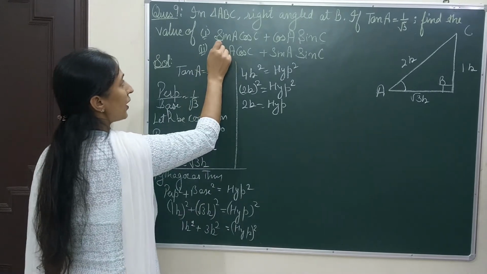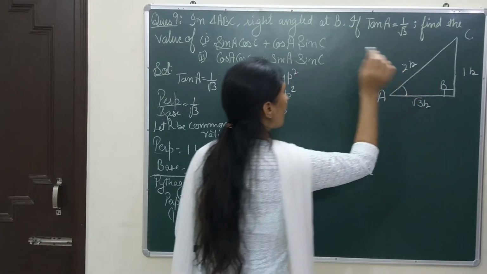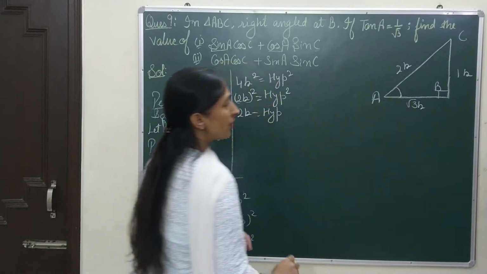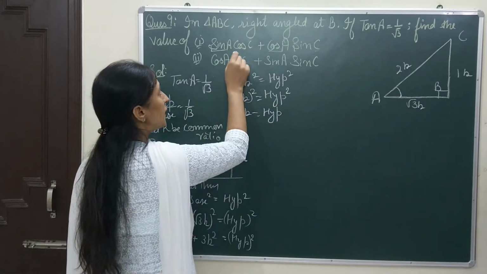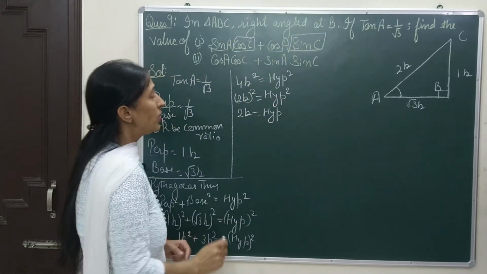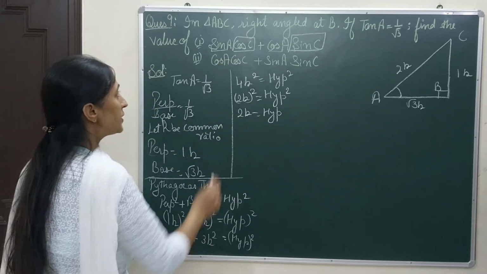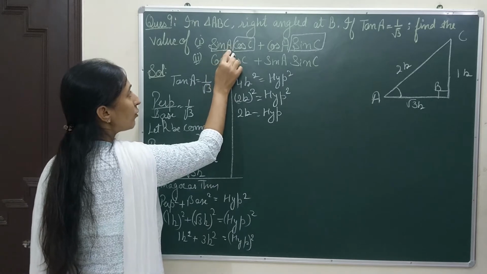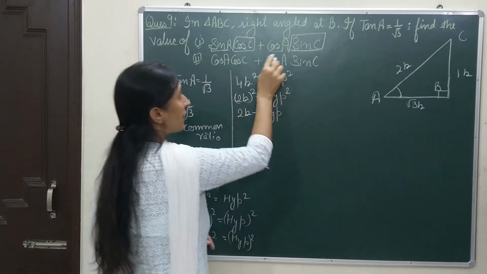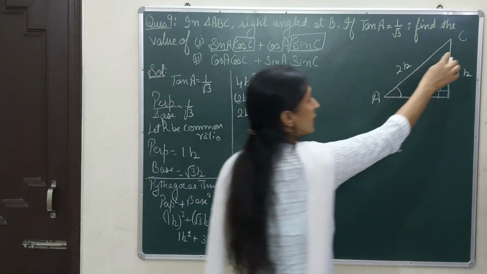Now my question is to find the value of sin A, which I can find from here, as sin A is perpendicular by hypotenuse. I can find cos A as root 3K over 2K, base by hypotenuse. Now the problem is here when I have to find cos C and sin C. Why is that a problem? Because whenever we use the perpendicular by hypotenuse or base by hypotenuse formulas, the angle of consideration which is given here must be there on the base. But what has happened here? Here I need to find cos C and sin C, but the angle C is there on the top.